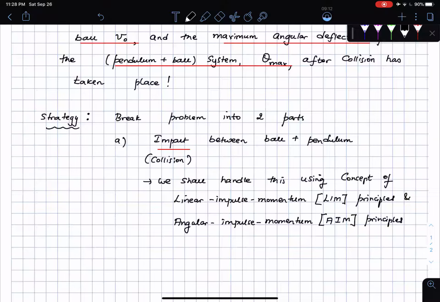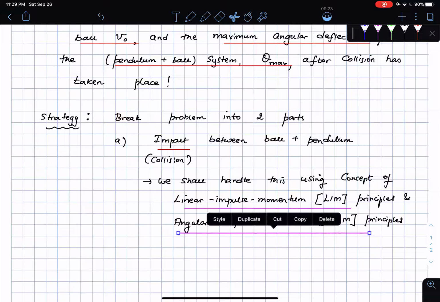So this is the first part of the problem. Whenever you hear the word impact, your first motion should be thinking about linear impulse momentum and angular impulse momentum. Then after that part of the problem has been handled,